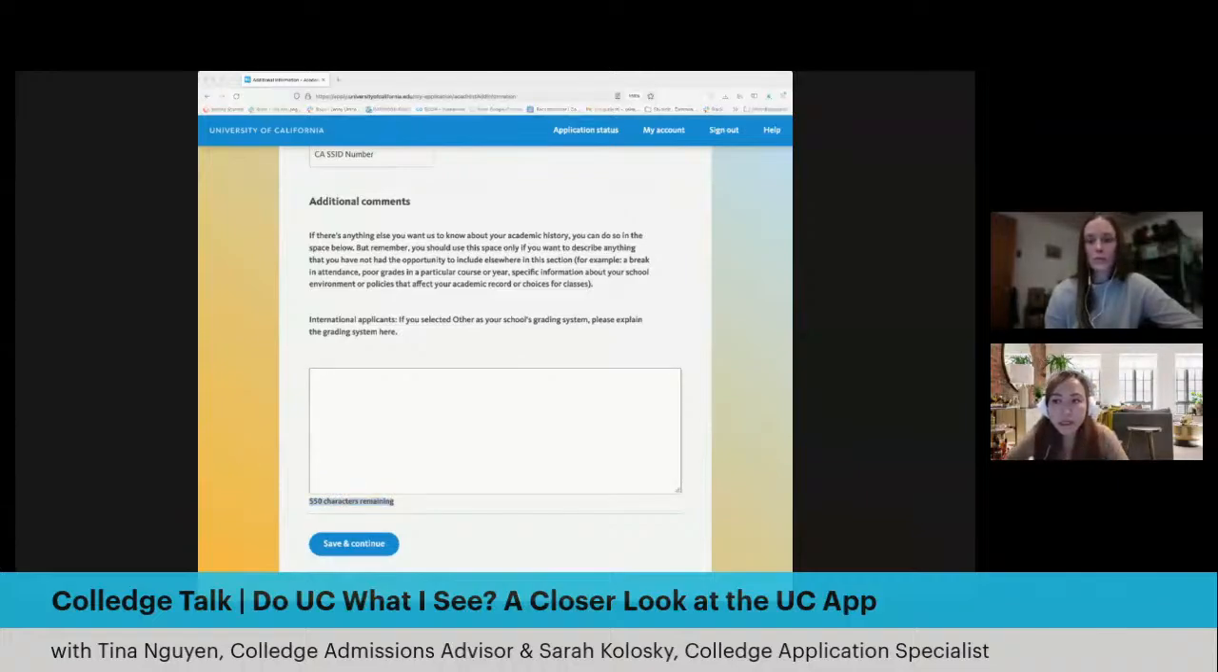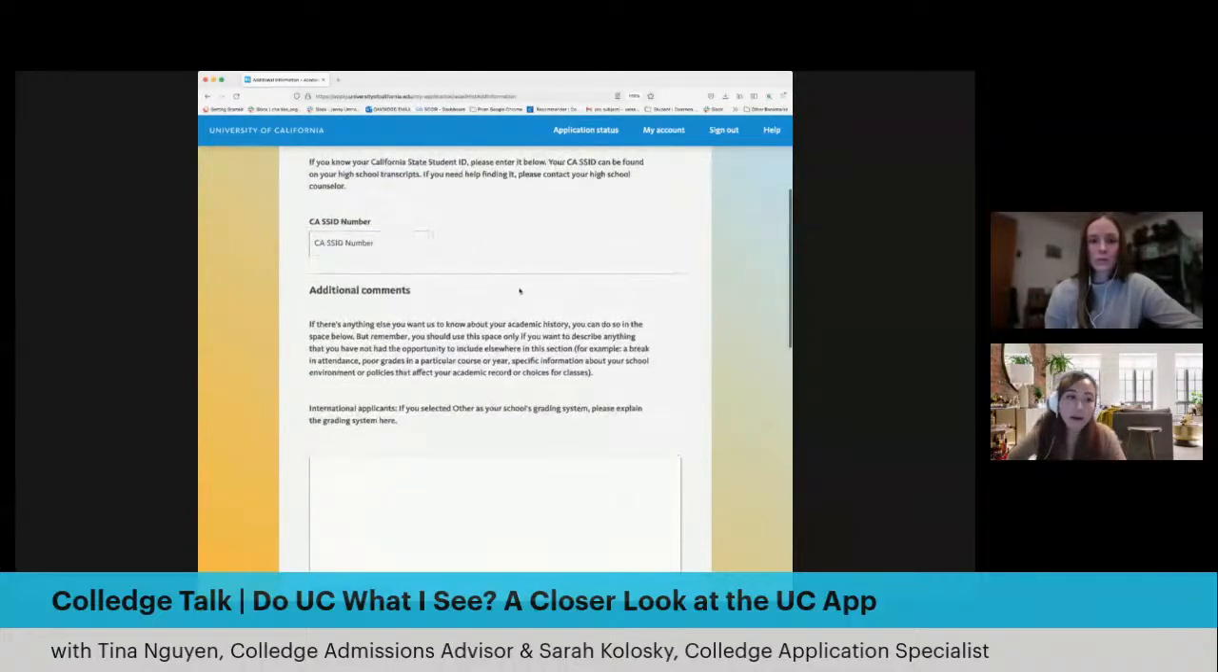Also above, you'll notice that it says CASSID number, just so that way y'all are aware. This typically can be found on your high school transcript as well. So it's something to notate as you move through the application. In addition to that, something that I forgot to highlight